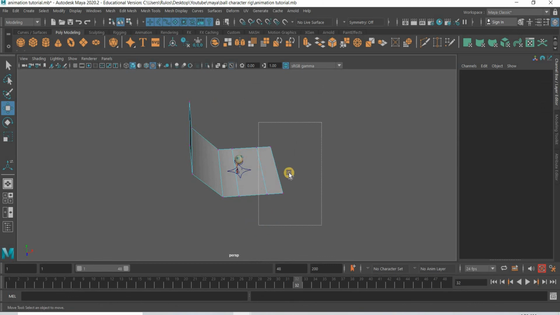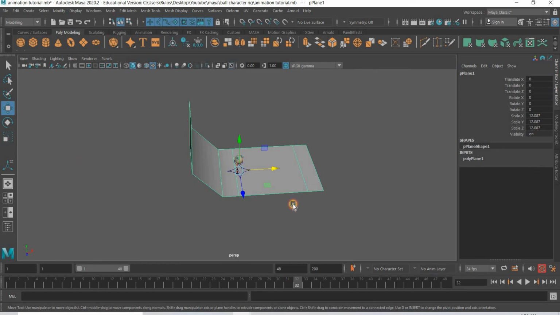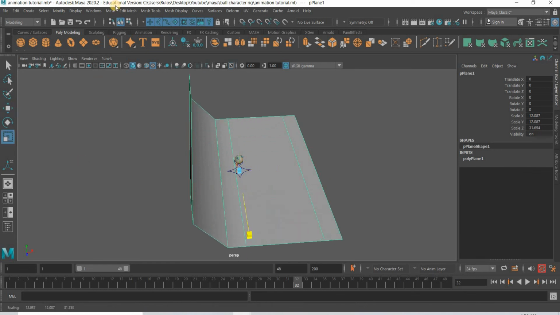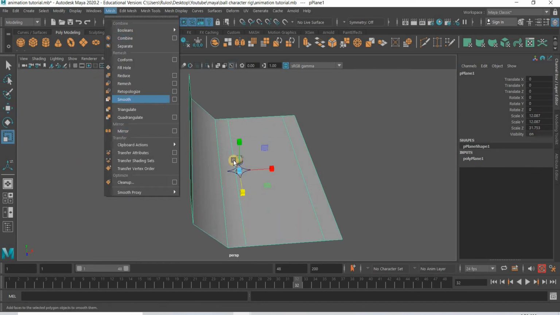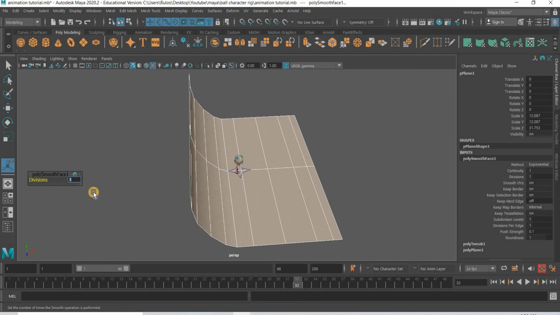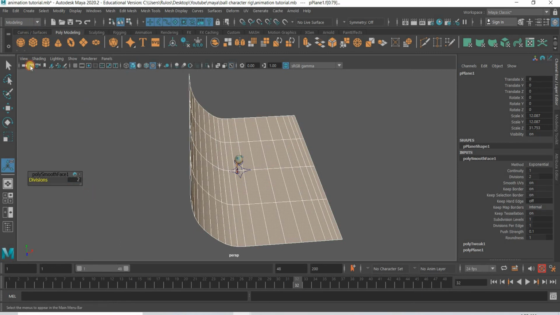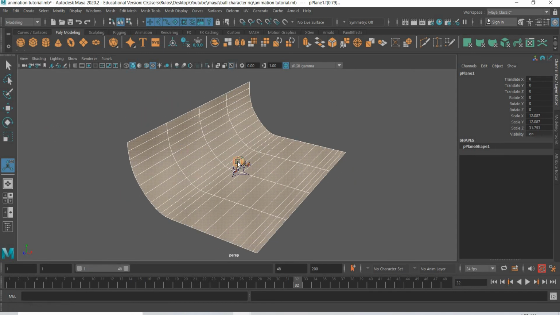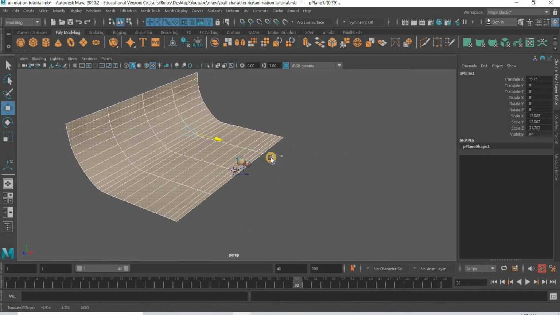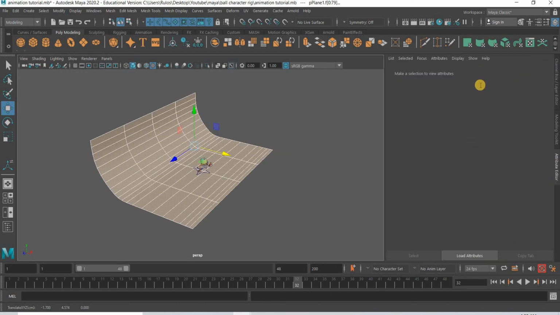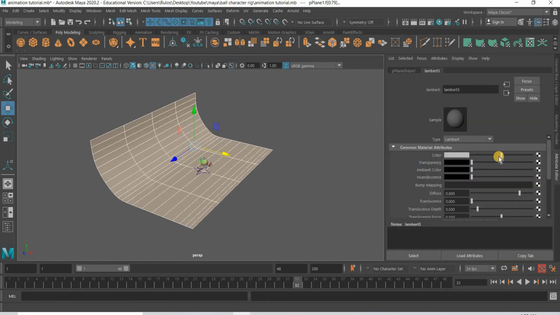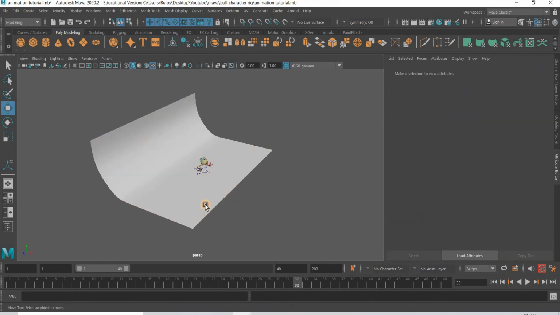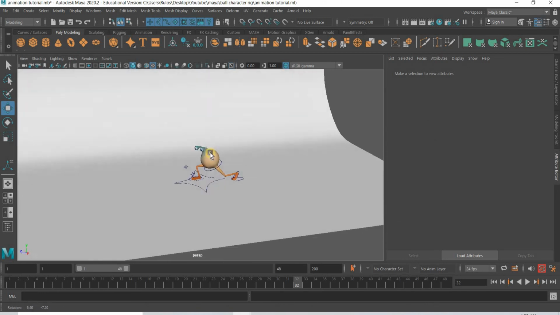I'll make it longer. Mesh, smooth. Then edit, delete by type, history. Move it back. Attribute editor, Lambert, we'll make it white color. Alright, then we will add, create,